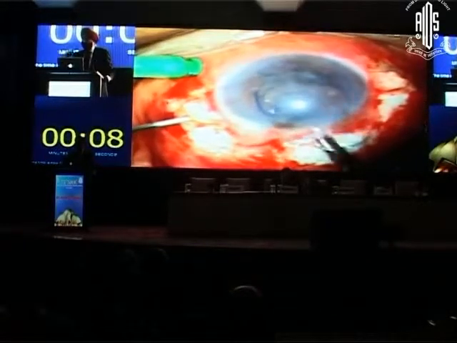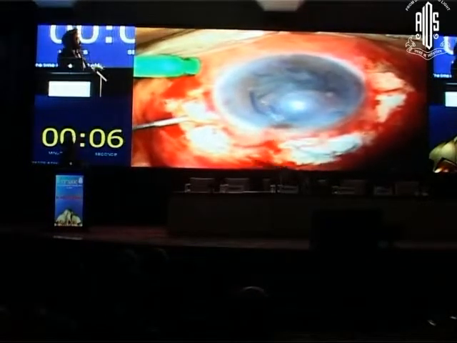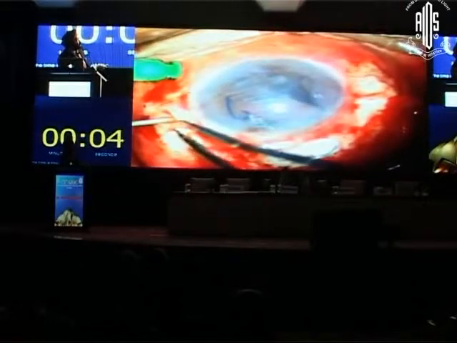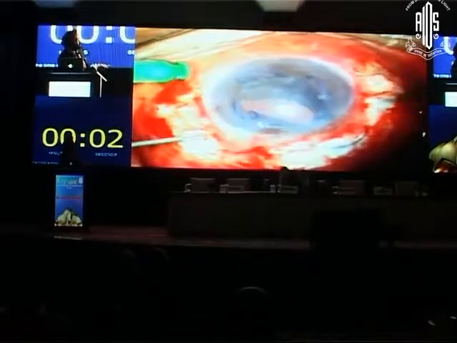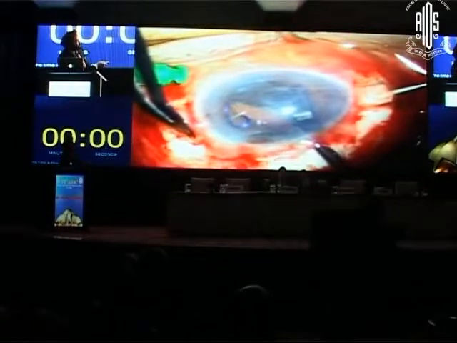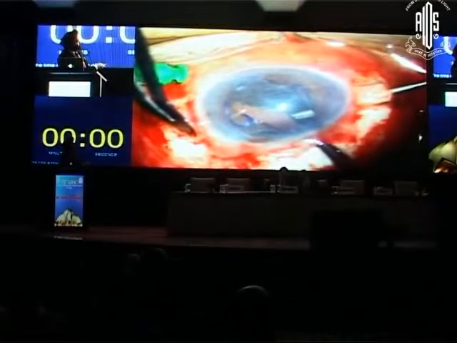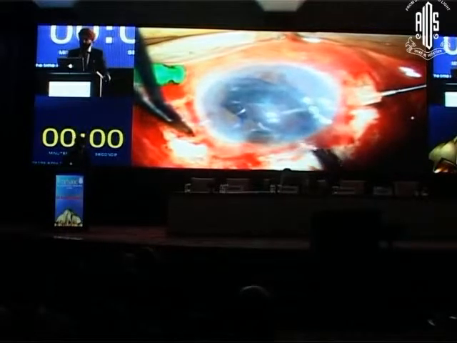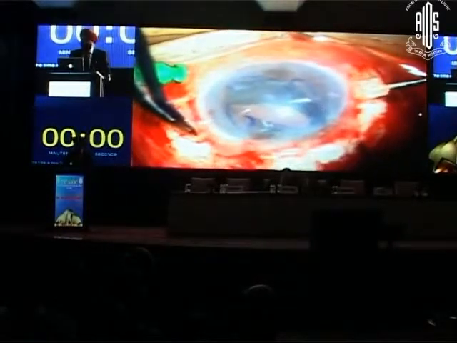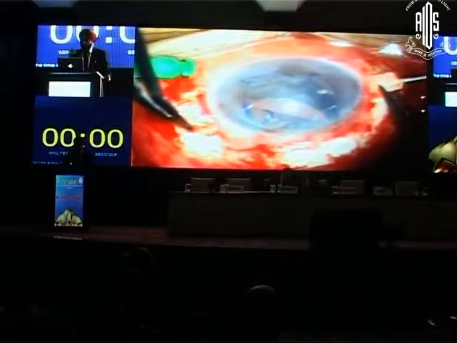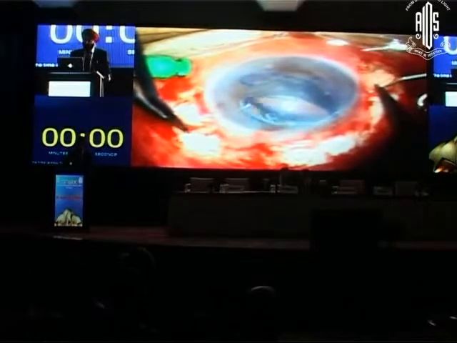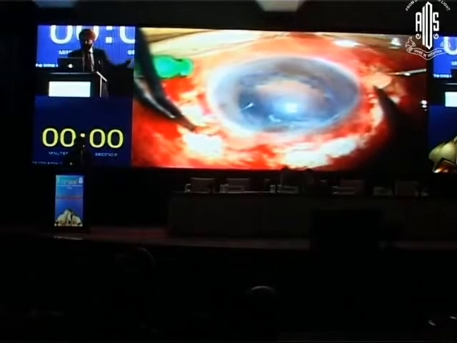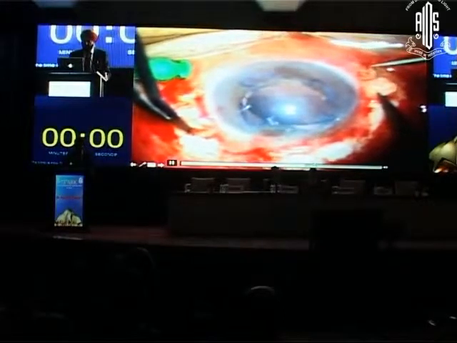So these are not acrylic material haptics, but these are Prolene or PMMA haptics. You push in the lens, you can see we are pushing in the lens, and we are taking out the haptic from both the sides, as is the technique that has been described by Dr. Amar Agarwal. So once you have the haptics which are out, you can see that's the haptic which is being brought out. I'll just go forward.